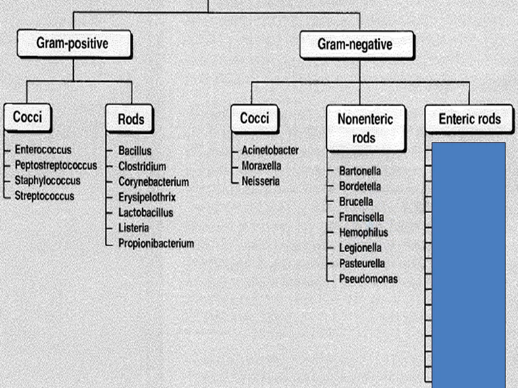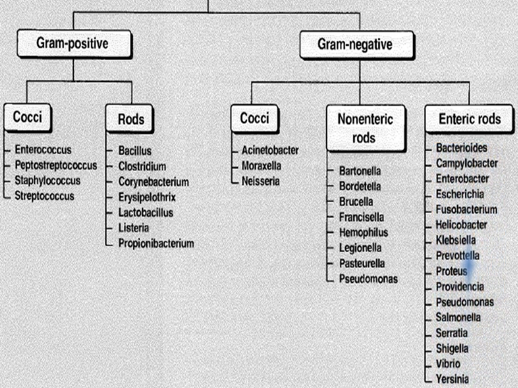So we have these other examples for gram-negative rods. We are again subdividing into two categories: non-enteric rods and enteric rods. So we have different organisms like Haemophilus, Legionella, Bartonella, Bordetella. All these are actually non-enteric rods, and the enteric rods have a big category like Bacteroides, Campylobacter, Enterobacter, E. coli, etc. All these are actually gram-negative rods that are enteric ones.